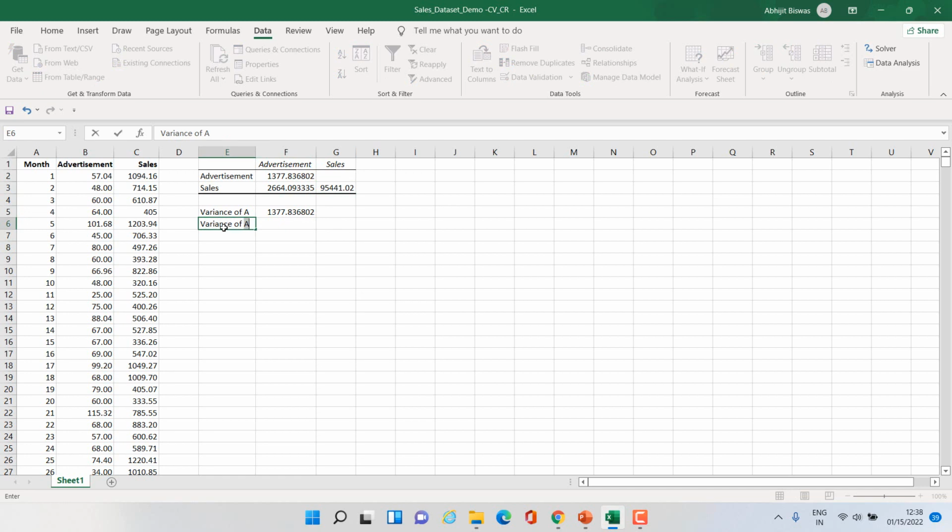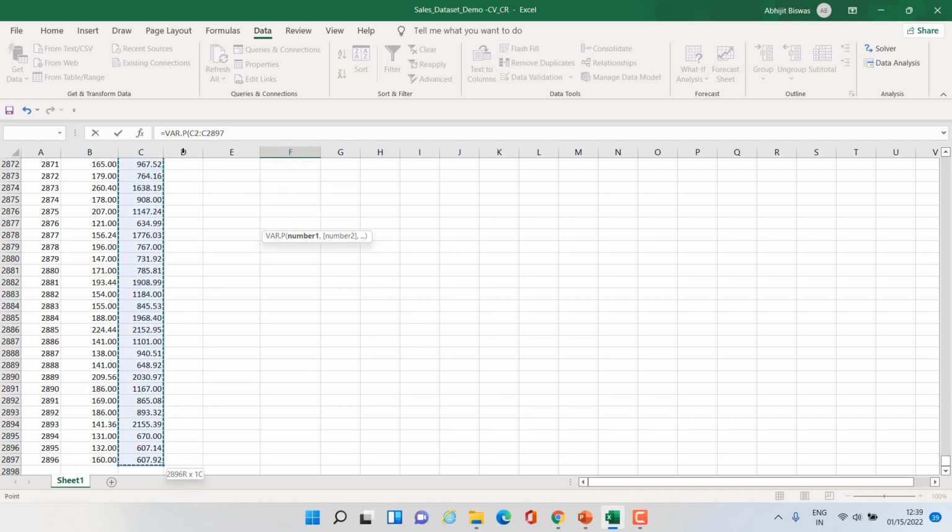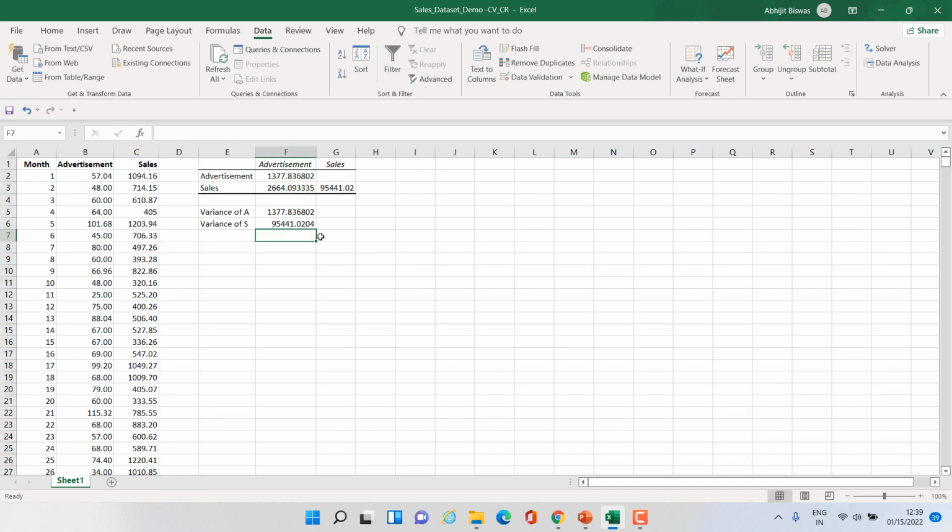Variance of sales, let us denote sales by S. So that is equal to, I can use now var.p function, and I have to select all the sales values. So C2, Control Shift down arrow, bracket close, press enter. You see I'm getting the same answer as this one, right? So this verifies the fact that covariance between sales and sales is same as variance of sales.